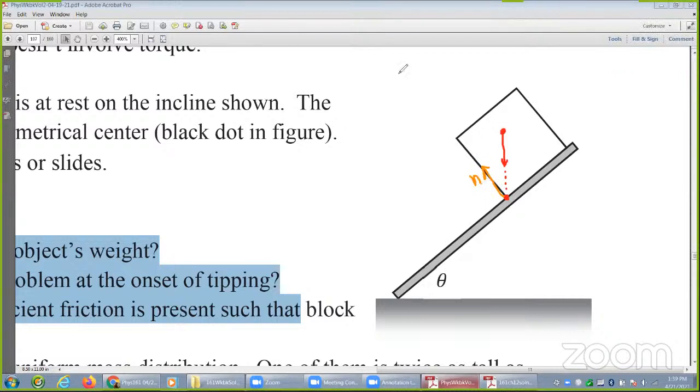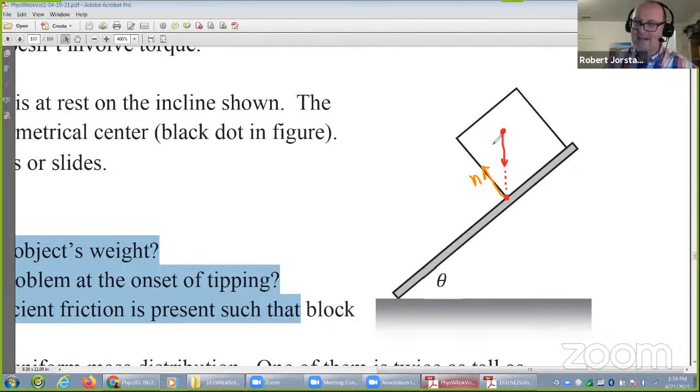Now, anytime the line of action for mg exceeds the pivot point, it's going to tip. And to be clear here, there's got to be friction that's holding it up the ramp too. So if you're worried about things tipping over, generally speaking, if the center of mass is high up, it's easy for it to tip over, right? Because it's easier for the line of action to get past. If you get this line of action, if this was just a little bit higher like this,